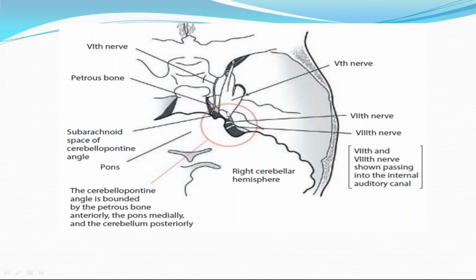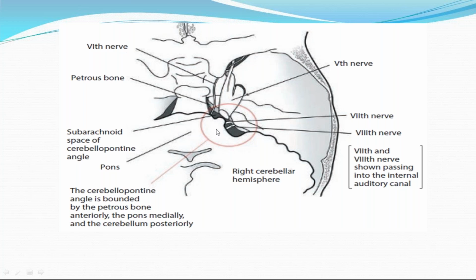So this is the overview. You can see this is the sixth nerve over here, which is the anterior boundary. This is the fifth nerve, which forms the roof. Then here you can see this is the clivus, and the clivus forms the anterior boundary along with